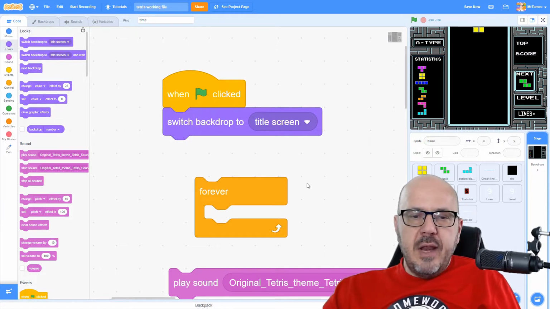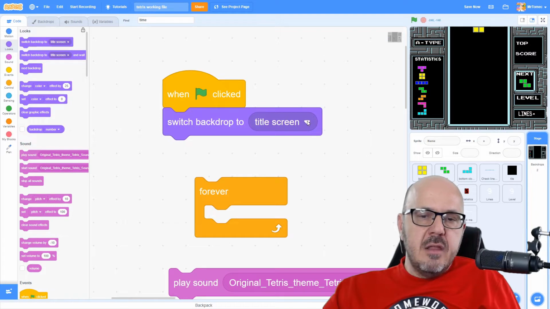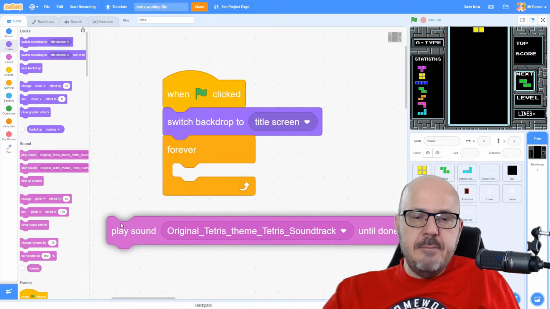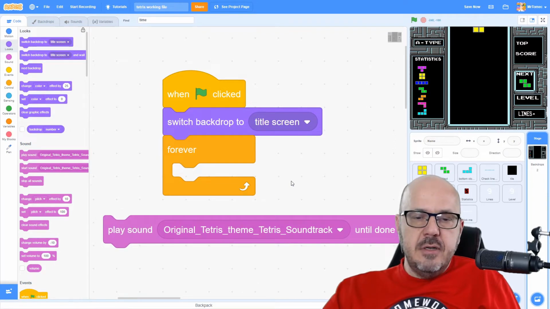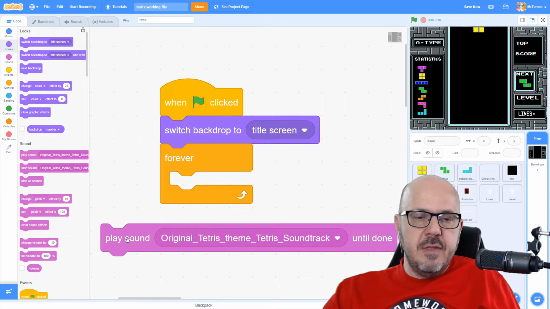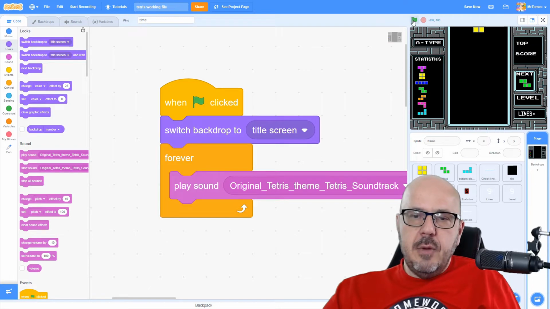Alright, so the first thing we're going to want to do, as well as switching to the title screen, is start that iconic theme music. We're going to use a play sound until done, and I've already got the Tetris theme set up in here. And as you can see when I click the green flag,